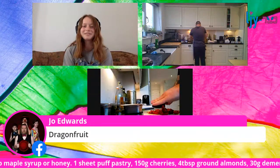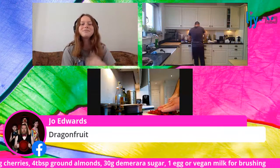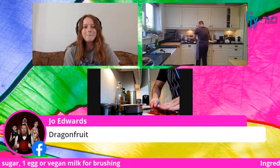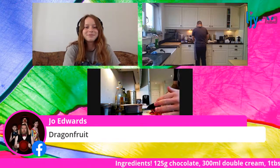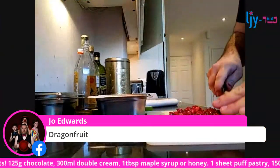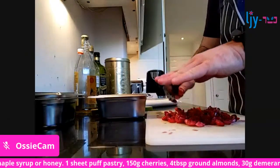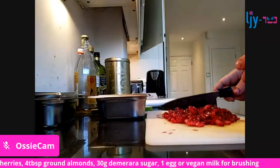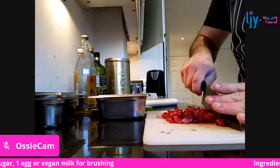Dragon fruit. Oh, that's a good one. That's exotic, that. I like dragon fruit. Although, to be fair, it's one of those ones that looks a lot better than it tastes, I think. You see it on a plate and you're like, oh my God, what is this weird spotted fruit? It's got a pink outside, a really white inside with small black dots. And you see it on a plate and you're like, wow, I want to eat this. And you bite into it and it's just like crunchy water. Kind of like lettuce in that respect. Just looks a lot better than it tastes. Wow. But my favorite is